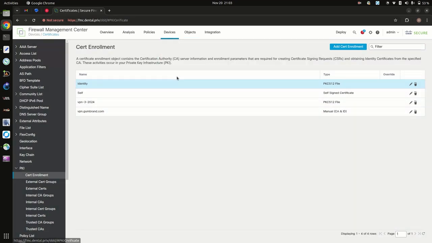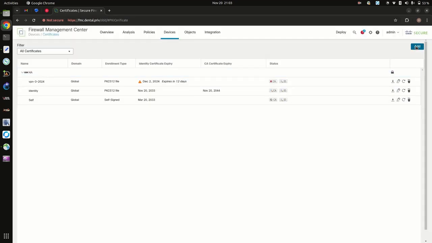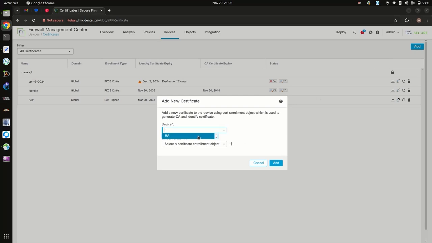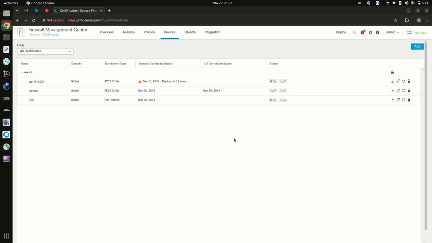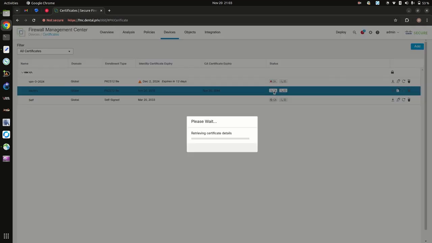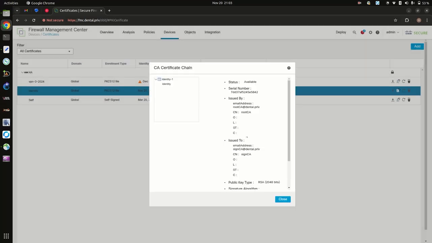After you do that, you go into certificates and then say add, and mine happens to be in an HA pair, and that's where you would choose the trust point that you just created. When you click on that and then say add, this will take a few minutes. It'll fail inside 60 seconds if it's not correct. If it is correct, what you will end up with is both of these should look, so now you can see identity,